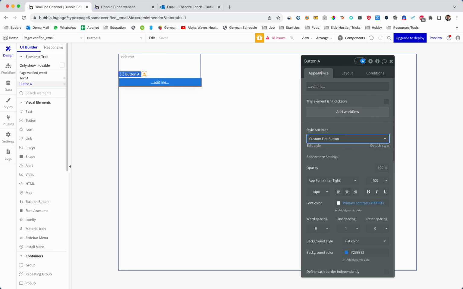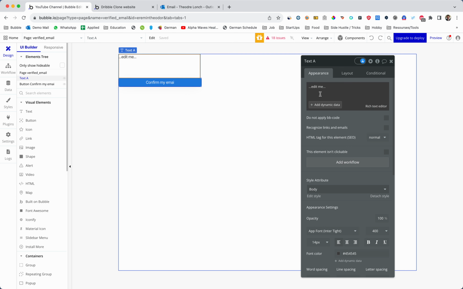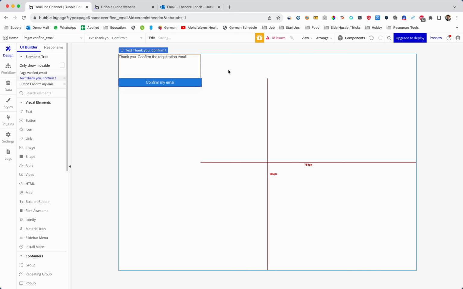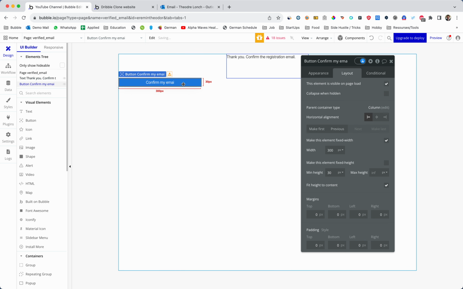Okay, and the text on the button is going to be confirm my email, and the text is going to be thank you for confirming the registration email. Okay, I'm going to align it to the middle of my page,